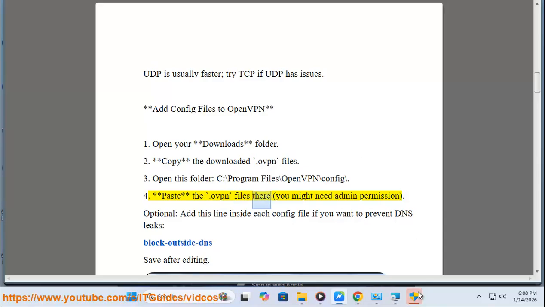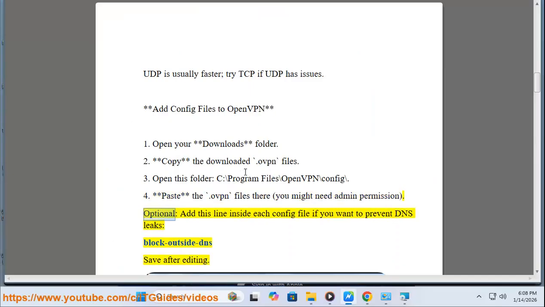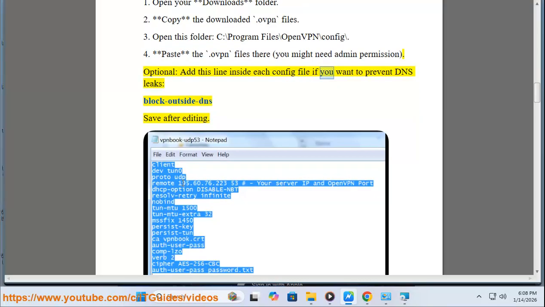Paste the .ovpn files there. You might need admin permission. Optional, add this line inside each config file if you want to prevent DNS leaks, block outside DNS, save after